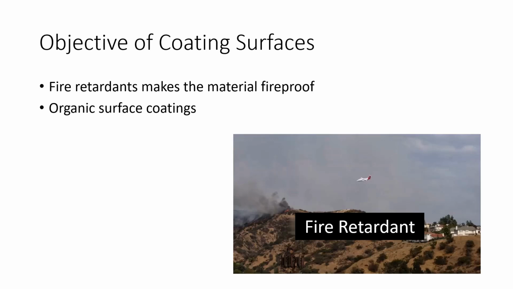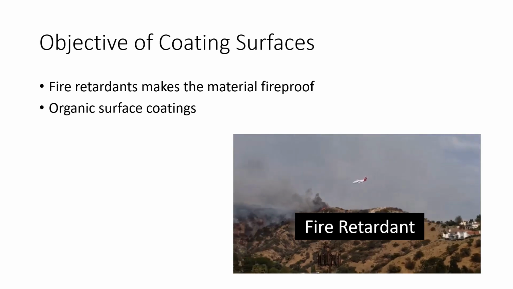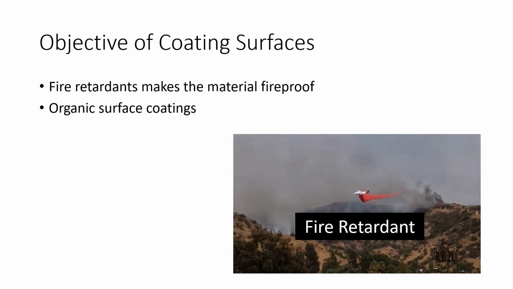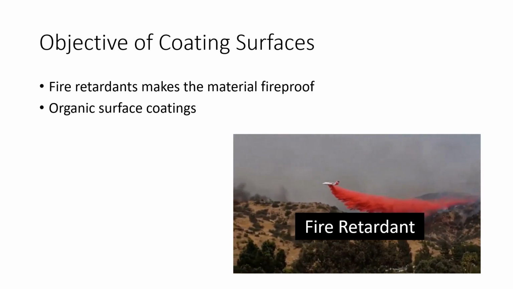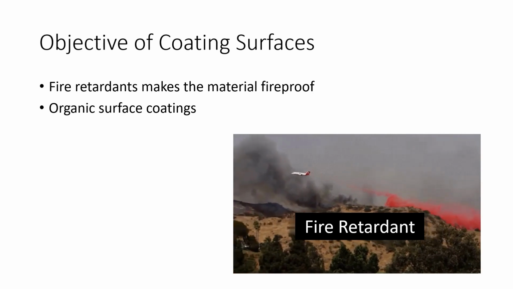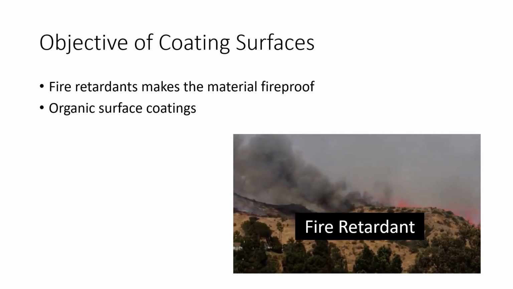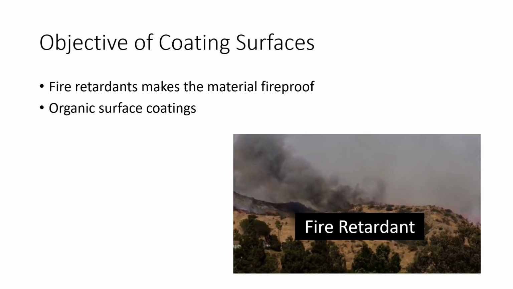Additionally, I want to mention a little bit more regarding fire retardants in this slide. So what are basically these fire retardants? As I have shown you in this video, fire retardants are actually paints, which are being provided through the plane. So these paints are being thrown out, and they will break down at higher temperatures to produce non-inflammable gases like CO2, ammonia, HCl, HBr, or hydrogen bromide, or water vapor, and hence extinguish fire. They are called fire retardant